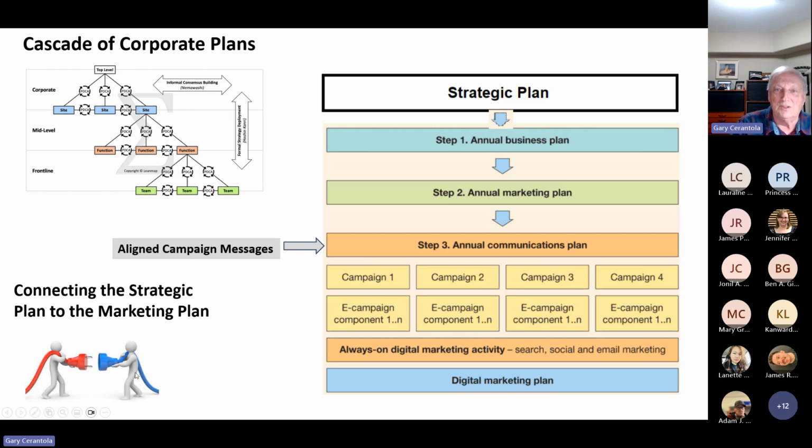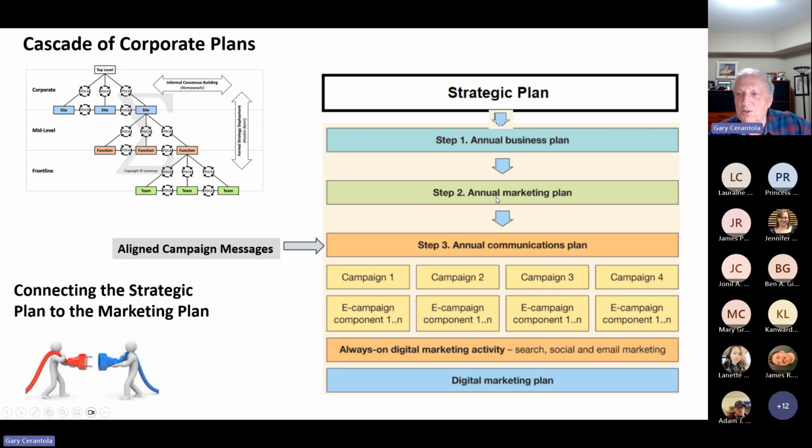That's what this is all about. So, if you take a look at the strategic plan, it starts from the top level and gets cascaded down, and I wanted you to get a sense of how this all comes together. Well, corporations start with a strategic plan, and from that strategic plan they will create an annual business plan. And then as an offshoot of that, we're cascading down,